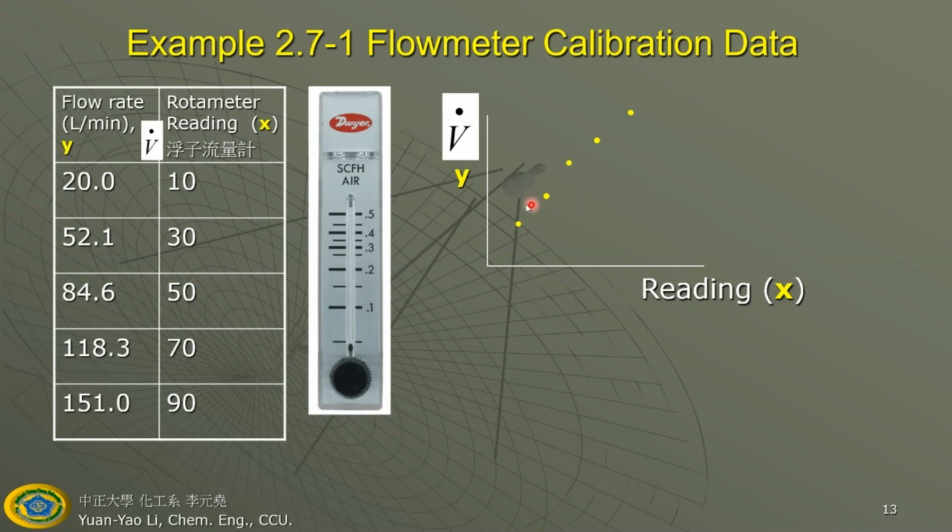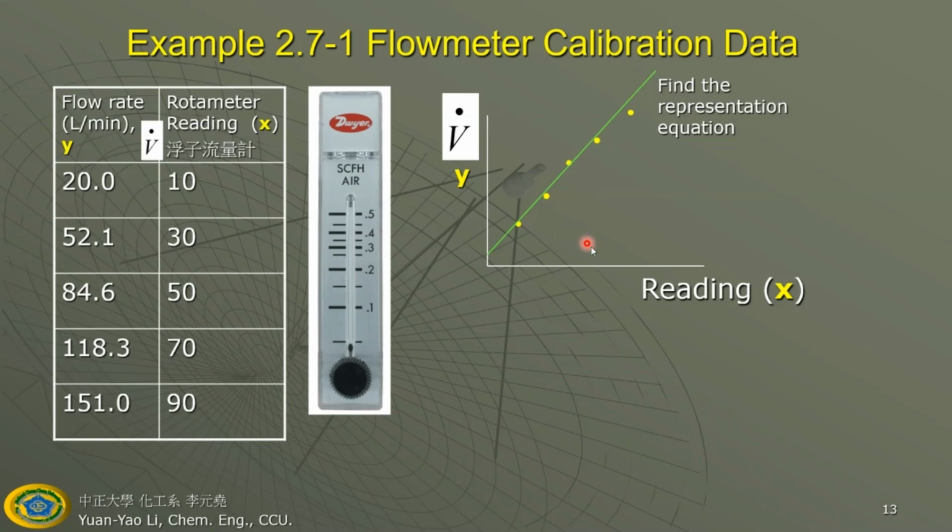So how are you going to represent these data? If I ask you, please tell me, when the reading goes to 20, what's the volumetric flow rate? Can you tell me? Well, you might say, well, between 20 to 50. Or you might say, well, 35, something like this. But can you give me a precise or more scientific answer? Can you tell me this? Yes, as long as you find out this equation, right? You can give me a more precise answer, which is a more scientific result,